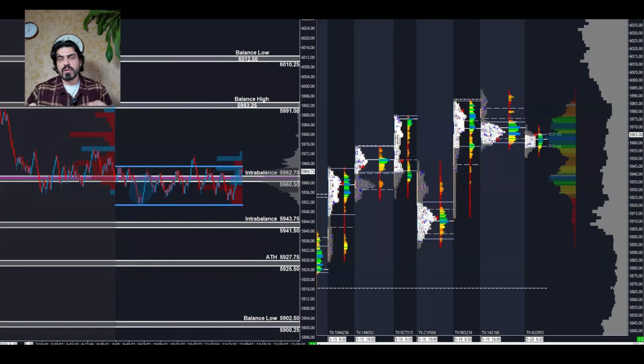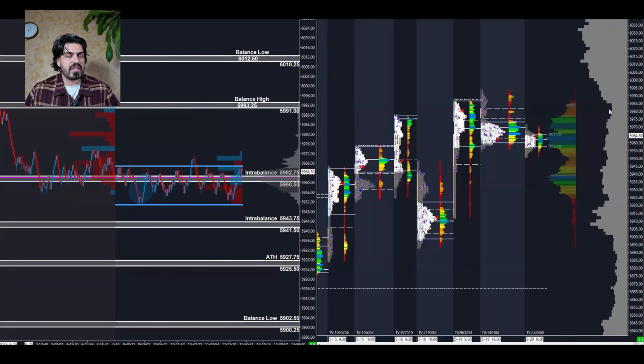So auction market theory and participant behavior allows us to really piece the story together and help us understand what's going on. So to view this a little more intently, we're going to be looking at the screen as well. And on the screen here, these are the main two components that we're going to be diving into. Just these two charts that we have. They might seem a little confusing. We'll break them down. But on the right-hand side, we have a volume profile-based chart, which represents the grayed out